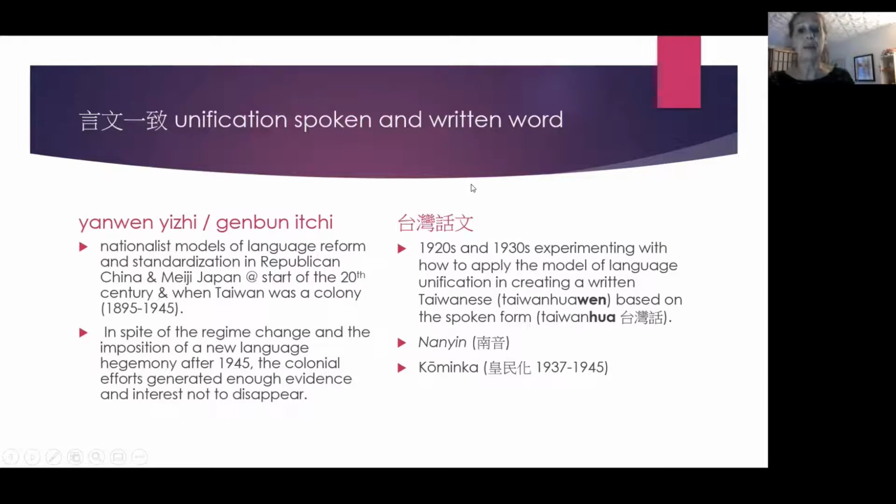So we have the Taiwan Hua Wen movement, meaning we are going to write down with characters the way we speak our home language in order to assist with the literacy campaigns and the education that we have in Japanese. Now, at the same time, there is also the Mandarin Baihua Wen moving in. There is a Romanization movement,